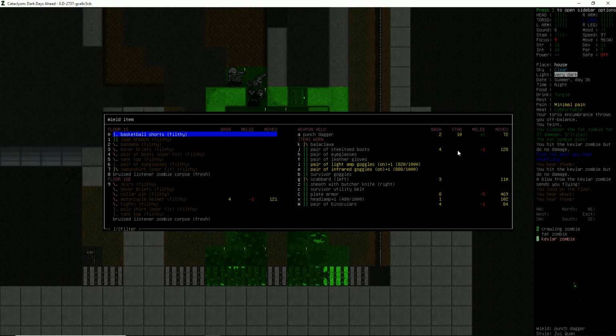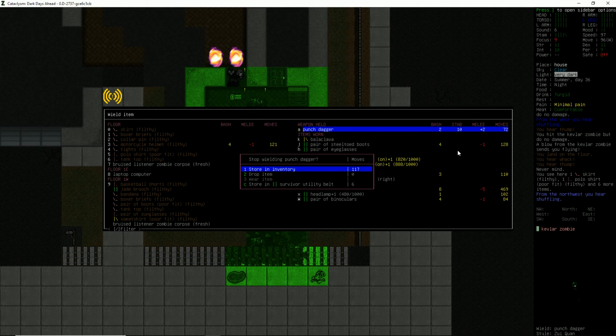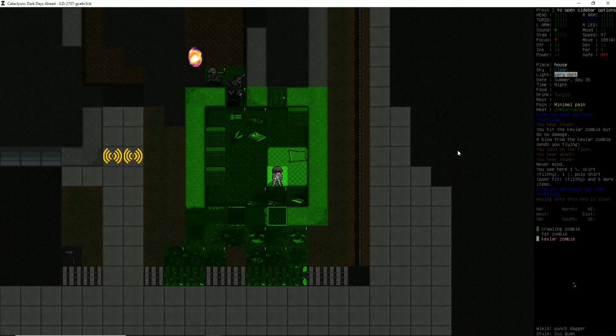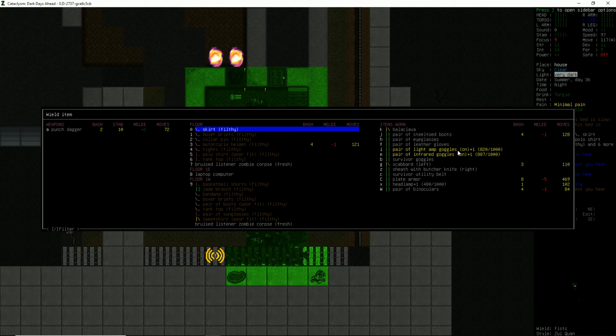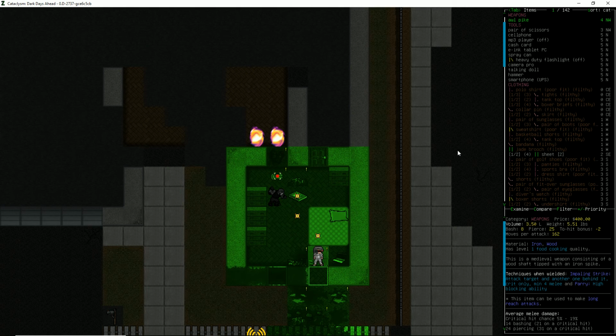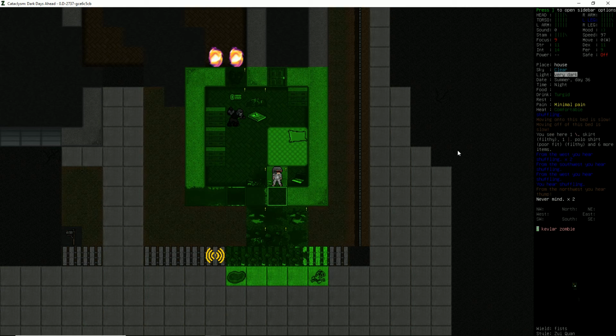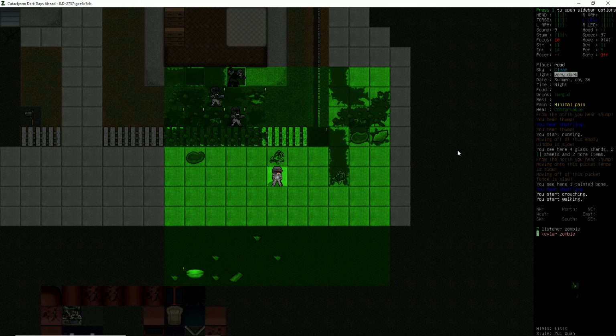Right, well, we're going to swap things up a bit. I need to remove the punch dagger. Let's wield... Did I drop my awl pike? Did he bash me so hard that I dropped everything in my... I think I did. Holy crap. He punched me so hard that we dropped stuff. Well, that's a first. Let's come outside and...